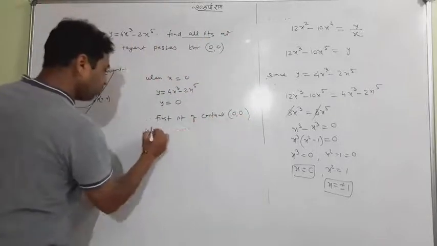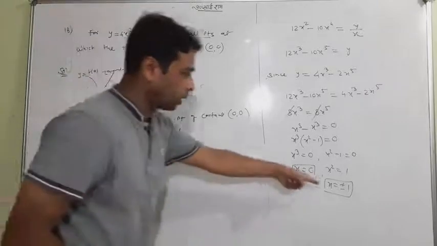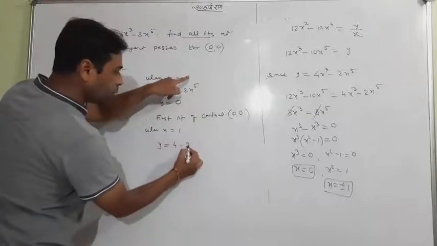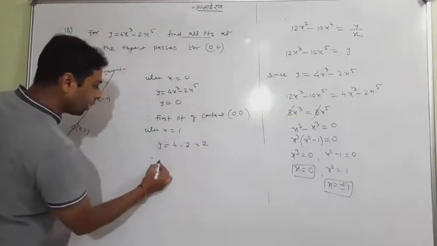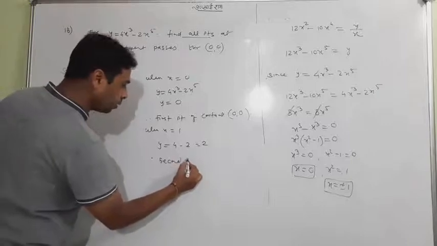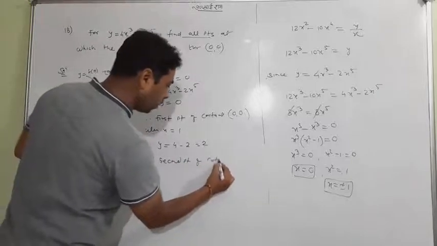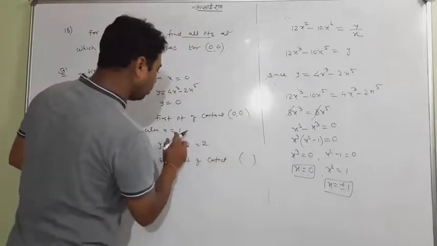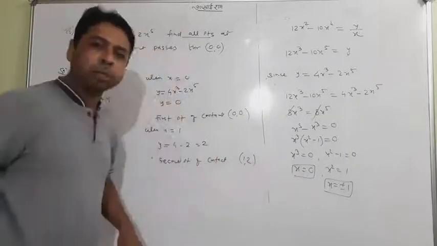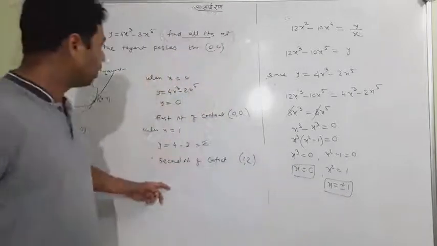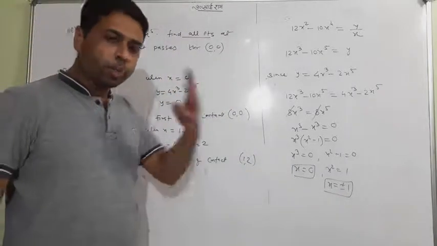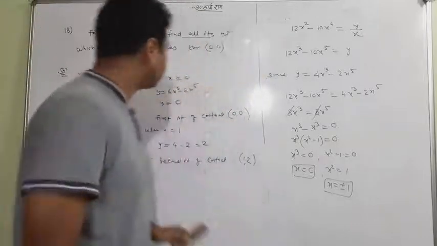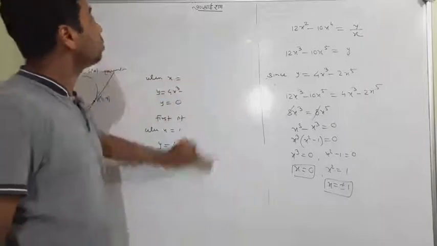And when x equal to 1 is chosen, y will be 4 times 1 cubed minus 2 times 1 to the 5th, which will be 2. So the second point of contact, can I say Q? Or don't put any name, it is (1, 2). And do the last one please by yourself. When x equal to minus 1, put it here and get your answer. So 3 points you would have which satisfy this particular condition. So hope you have got it. Nothing hard, but interesting also.